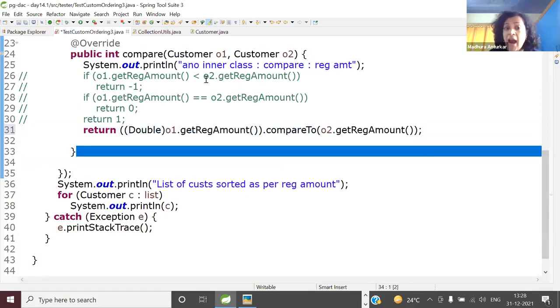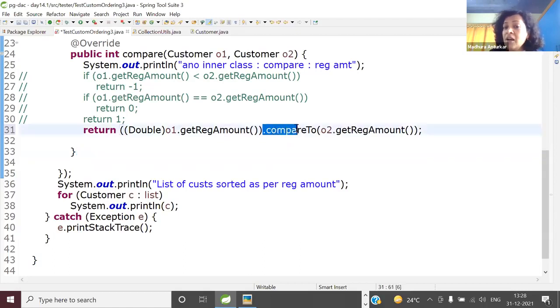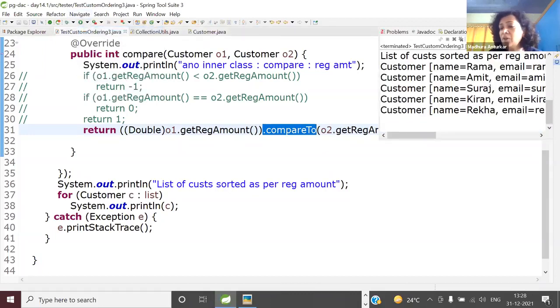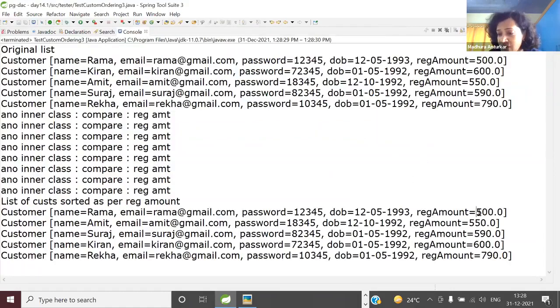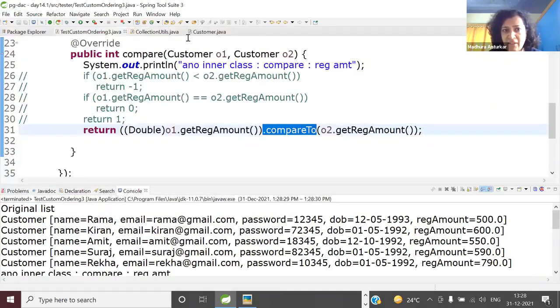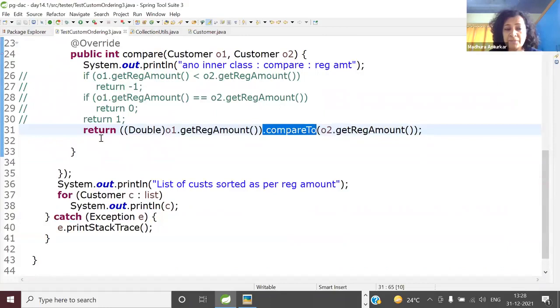So here, are we writing this comparison ourselves, or are we using the natural ordering criteria supplied by wrapper? Natural ordering criteria we are using, supplied by wrapper. So if you run this application again, do you expect to see the same output or different output? I mean, same as earlier, of course, this 500, 550, etc. So now I'll give you a minute. After that, we are stopping for a lunch break anyway.